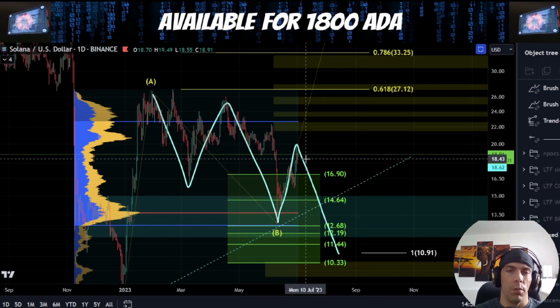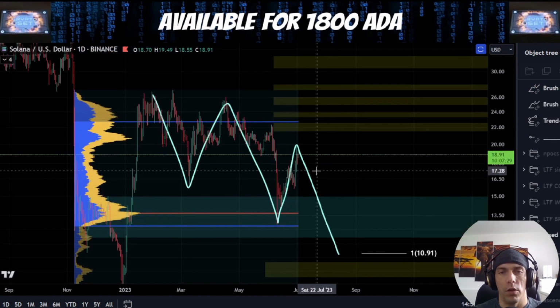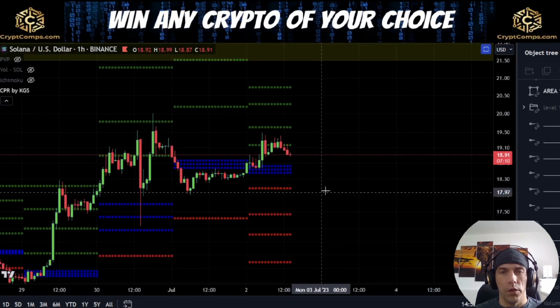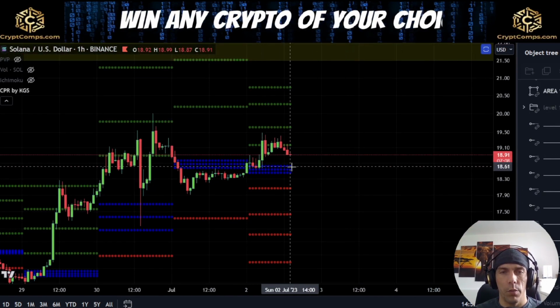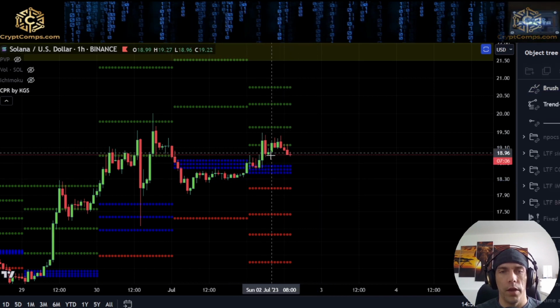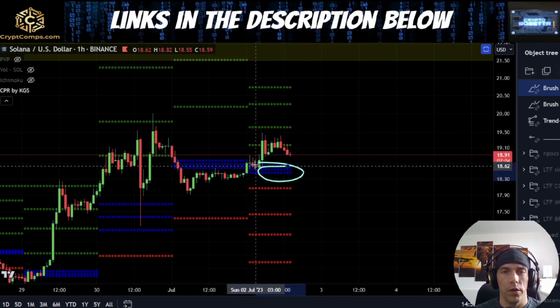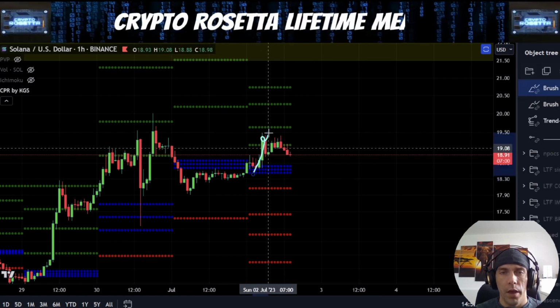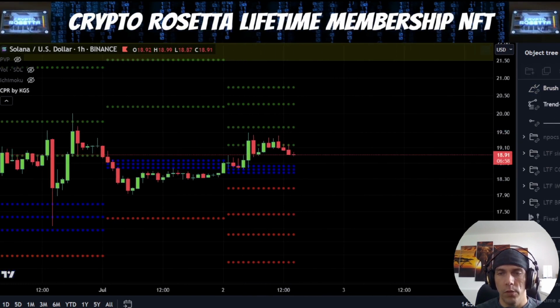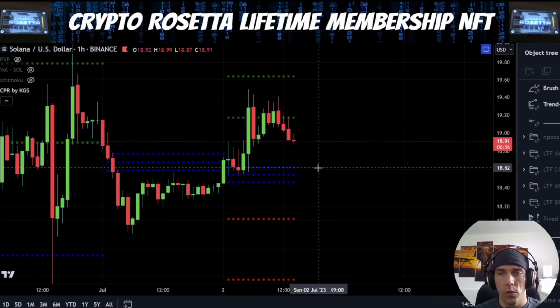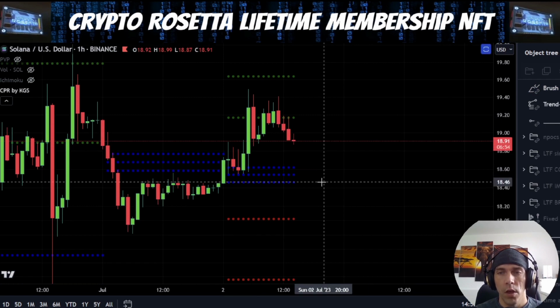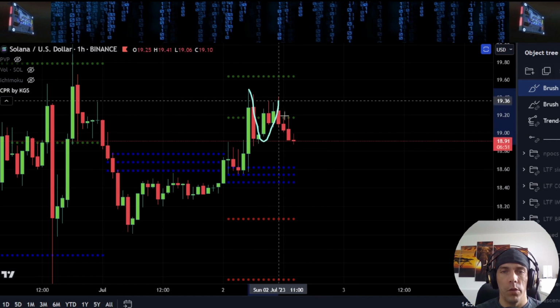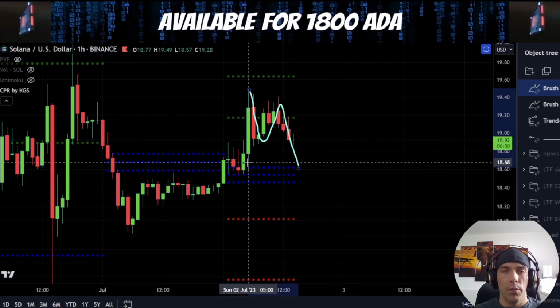That typically means that we're actually going to see that continuation to the downside here. Looking at the daily CPR, what we can see is that we actually found support on these daily CPRs. These are quite tight, which is indicating a bit of volatility here. We have come up to this S1 line. If we do move back down here, I would be interested to see if these actually act as support, this area of this 1862 to this 1846, where if we see that three-wave move down here, potentially we could look